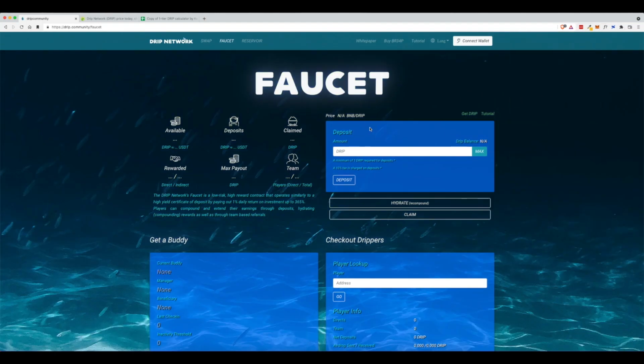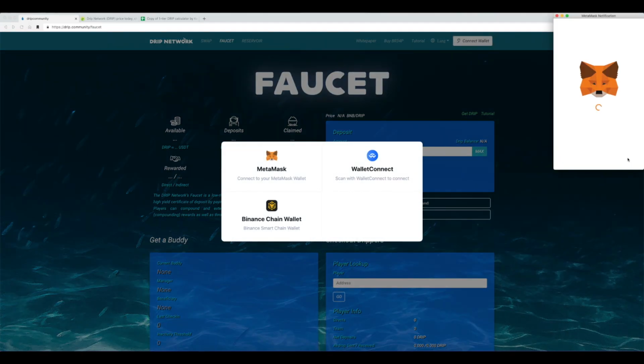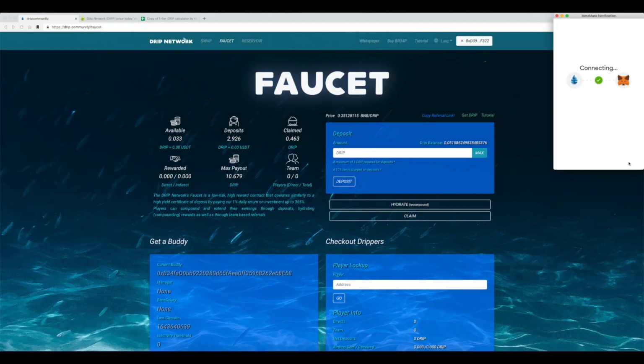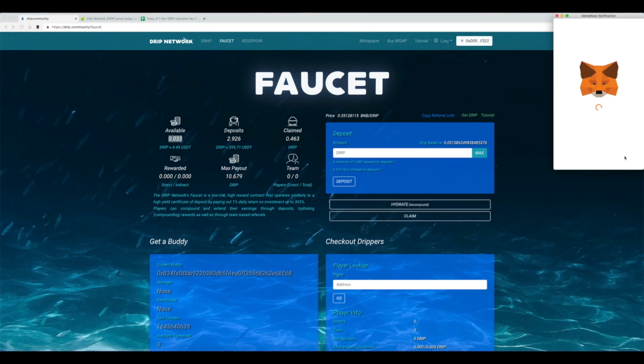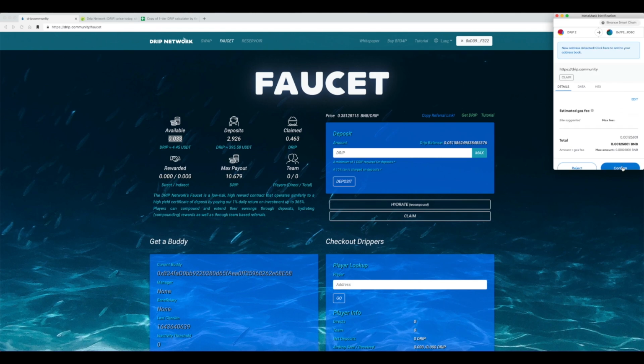I'll just briefly go through the process. Click your connect wallet. And once that's loading, okay, next, you'll see that it says connect 2 accounts. That's just that glitch I mentioned earlier. But as you can see, this account has 2.926 DRIP tokens in its account, and I'm earning about 1% right here. So I'm going to go ahead and click claim. That's going to bump up this number here, and I will start to collect some of those rewards in my MetaMask account. Click confirm,